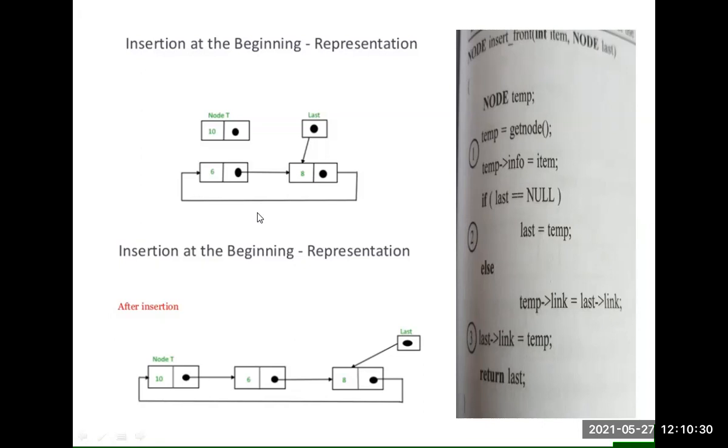If you want to insert a new node, I am taking the name temp for it. So temp equal to get node. I got the node, and in temp of info I store 10, and temp of link